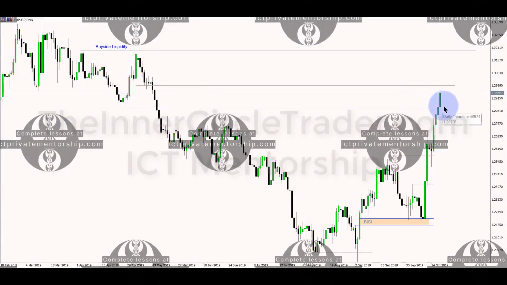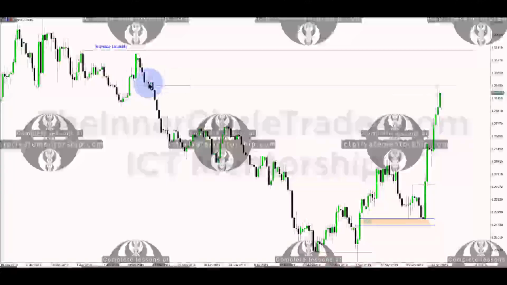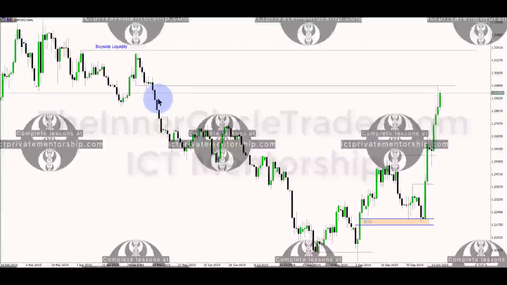And I'm going to remove this line. And the high comes in at 129.88 and 3 pipettes. So really, really nice run into that. All of this imbalance, all the fair value gaps and such we talked about when it was back in here. If we get above these equal highs, it could eventually reach for and fill in all this, we saw that. So the only thing on the upside that remains,